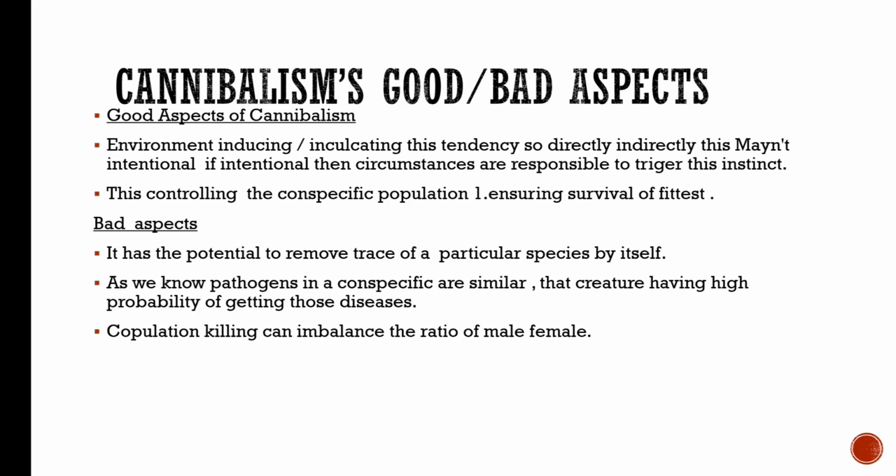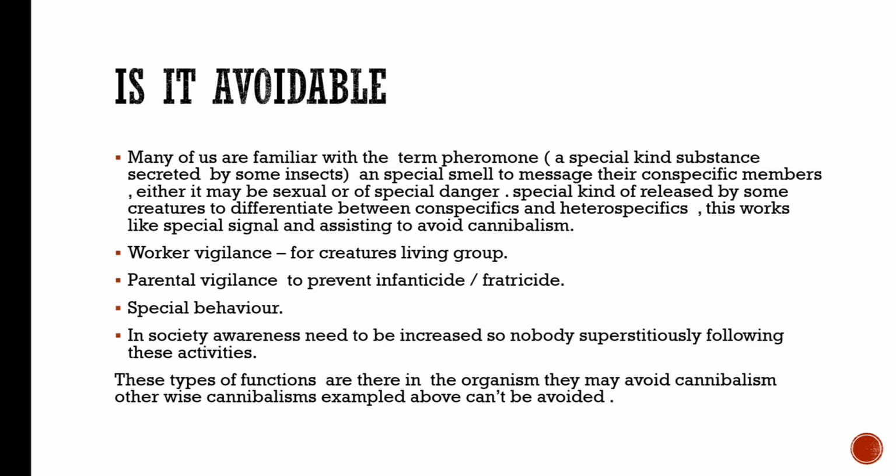circumstance. Population killing can imbalance the male-female ratio. Definitely this is important, and one can see in population killing, in infanticide, that either of the two genders gets killed. So in that case, if a population is not balanced, in the future it will have a chance to become extinct. One gender will survive. So if for the next generation both male and female are needed, gradually, if the population is not